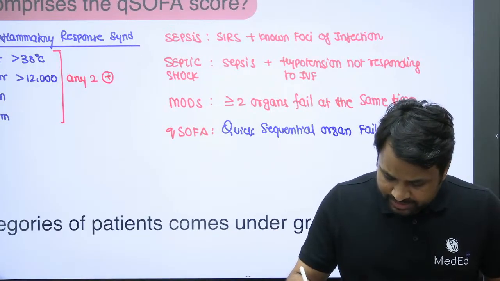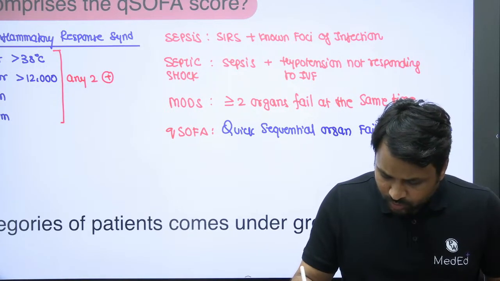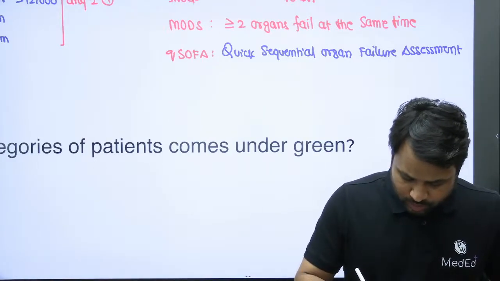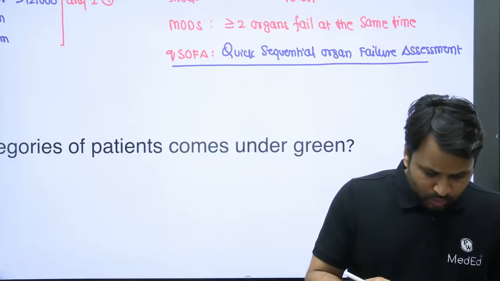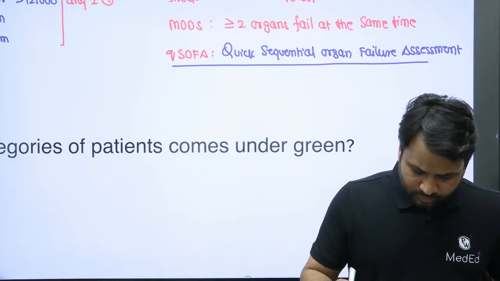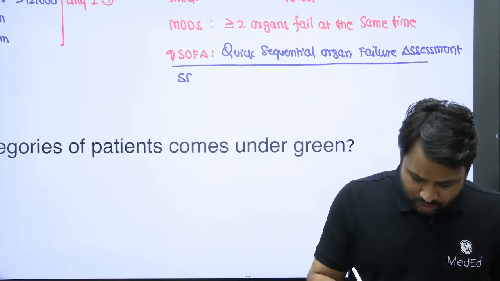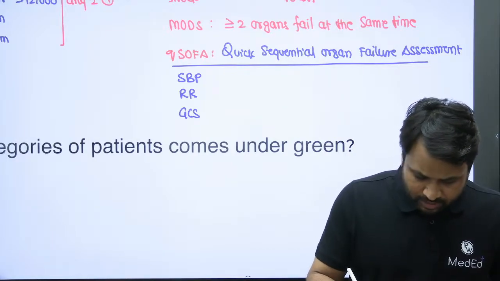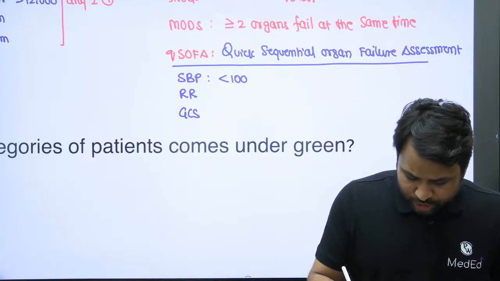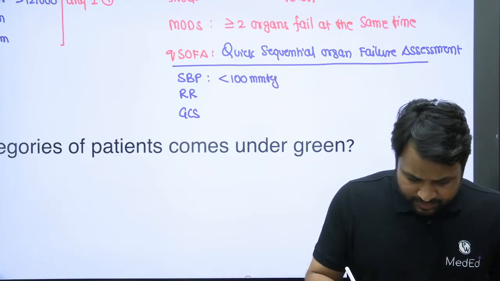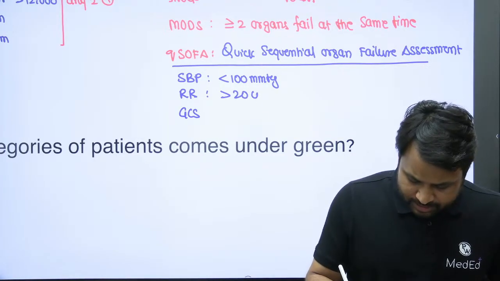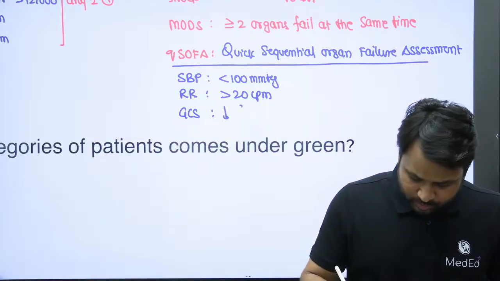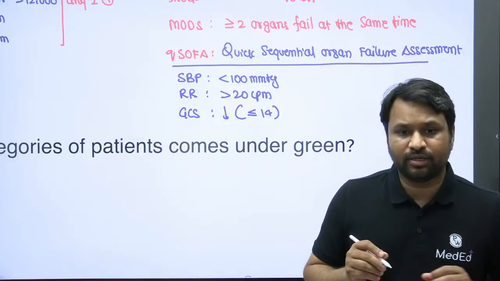Organ failure assessment score is what we call it as qSOFA. Now, what are the components of the qSOFA scoring that you will look across here? In the qSOFA score, we'll look at the systolic blood pressure, the respiratory rate, and the Glasgow Coma Scale. If the systolic blood pressure is less than 100 millimeters of mercury, if the respiratory rate is more than 20 cycles per minute, and if the GCS decreases, that is, if the GCS is less than or equal to 14, that indicates